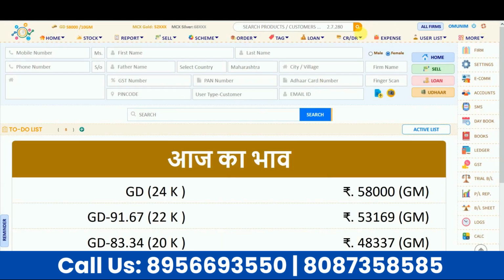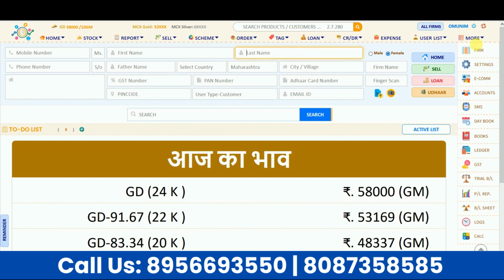This will be the whole dashboard of the software, from basic to advanced, each and every feature is included in this. In this video we are going to see about loan and Girvi management, so only those panels which are included in the loan and Girvi software will be covered here. This is the main homepage of the software. Firstly, we'll start from the right side.